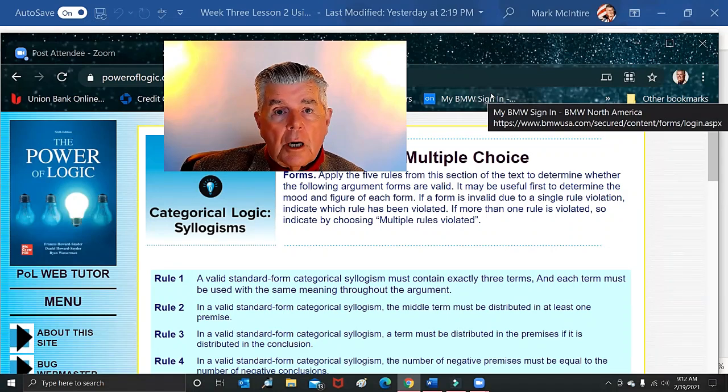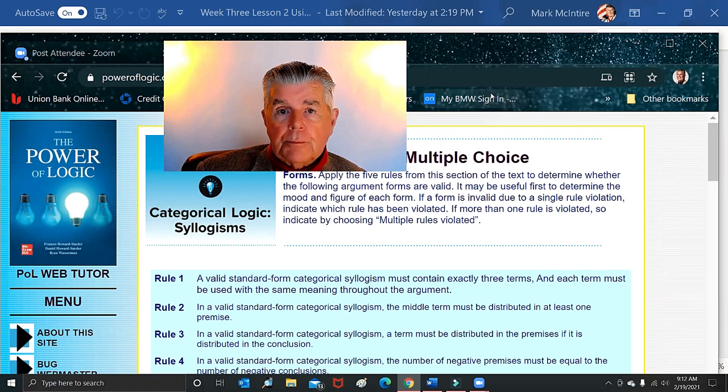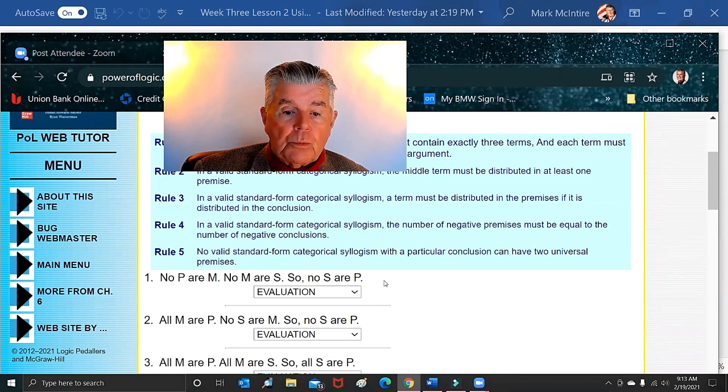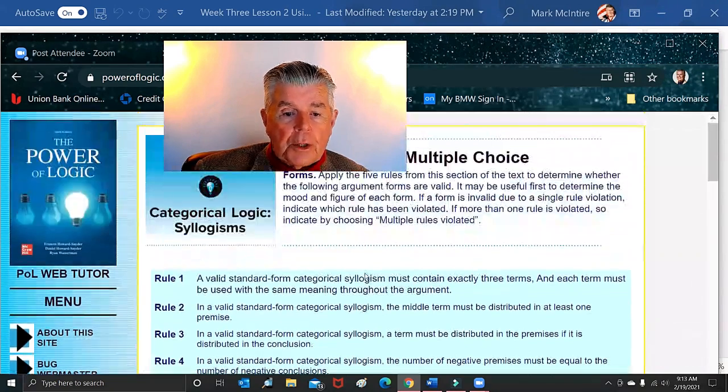So using the other link that we have below this video, we are returning to the Power of Logic website, and we're going to examine the rules. They use 5 rules. Some logic professors and books use 6, but this one uses 5 because they double up on the negative propositions. And that's how they present 5. Here's a syllogism, says no PRM, no MRS, so no SRP. All right, so right away I can tell you that this violates one of the rules. What are the rules? Well,